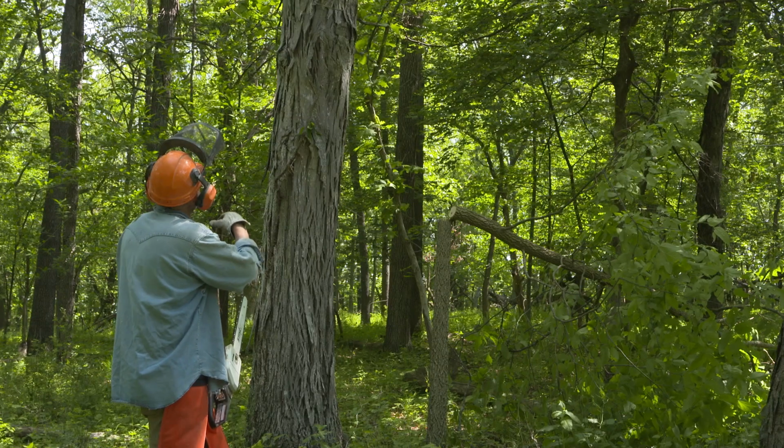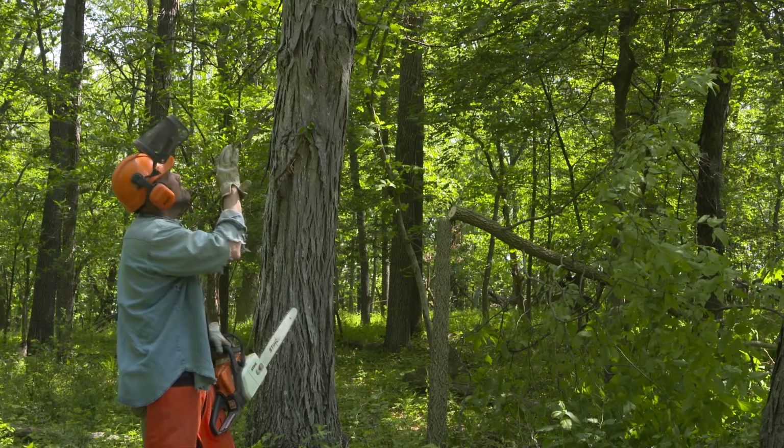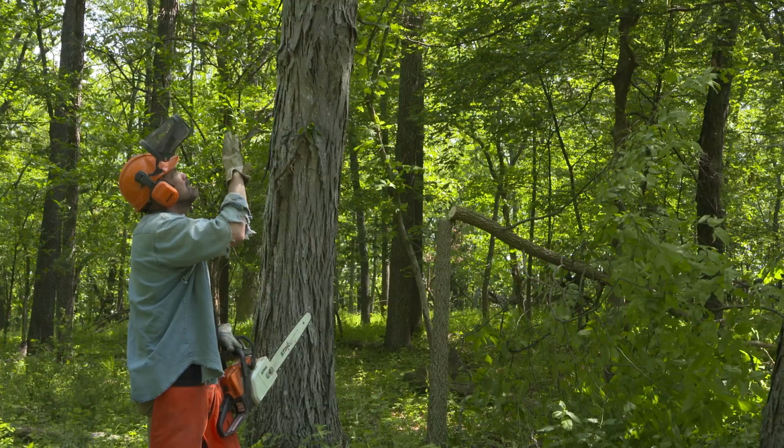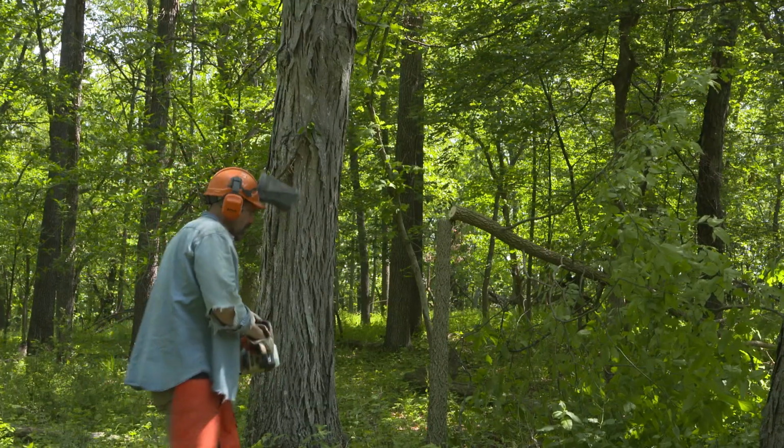We just don't know exactly which way that one's gonna fall, but I would like to kill it so it'll fall eventually, but at least we'll kill it and those leaves won't be on there. We'll get sunlight through this as well. So what we normally do on these,